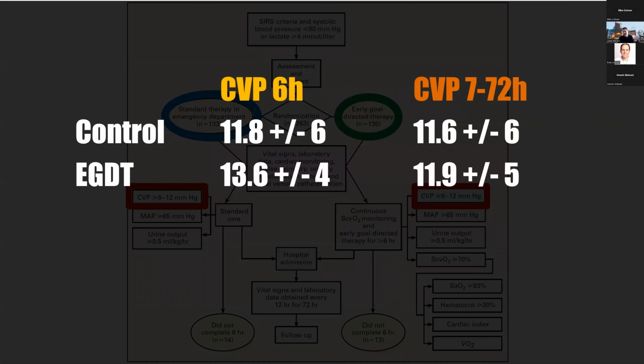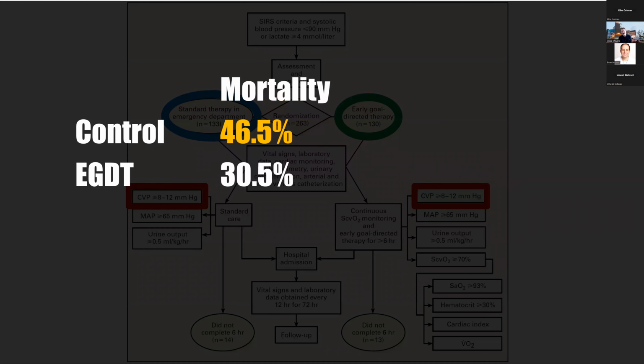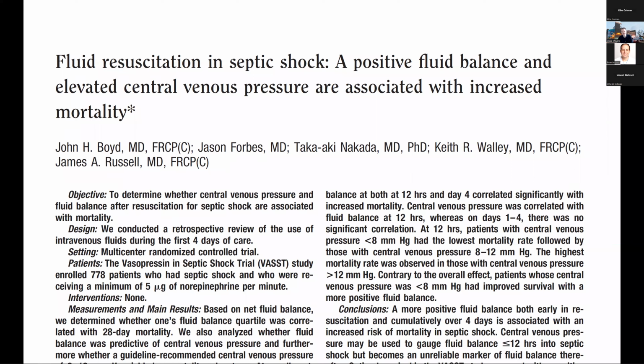And in fact, when looking at CVPs at 6 and 72 hours, both basically had supraphysiologic as well as potentially harmful values. There's been a lot of talk about the above average mortality in the control arm of early goal-directed therapy, usually attributed to the comorbidities that were present in the test population. However, this is a provocative question, but what if the mortality was actually related inadvertently to the actual study protocol itself? And before you assume that I'm saying just run all your patients totally dry, there's probably a sweet spot here, right? So if we go back to the VAST trial,